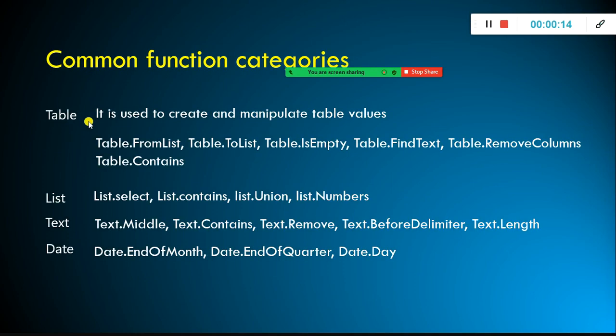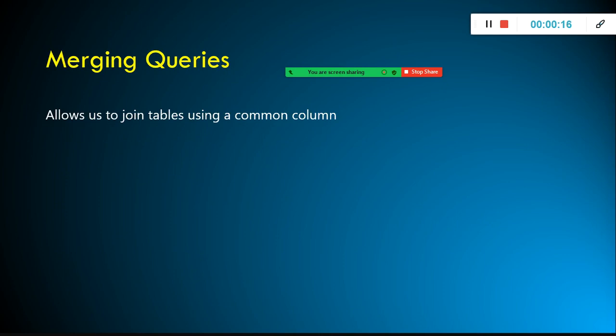Okay, so in the last session we discussed the various types of functions related to text and other numerical functions. We also saw information functions a little bit, like what is ISERROR and IFERROR, and also what merge queries is, how to merge the queries. Like how we join more than one table using the common column in SQL queries. Same way we do it here, but here we don't use SQL queries.